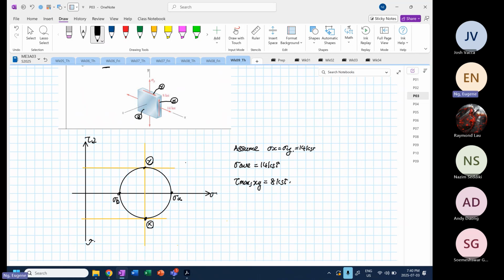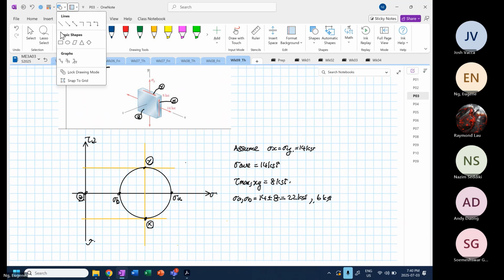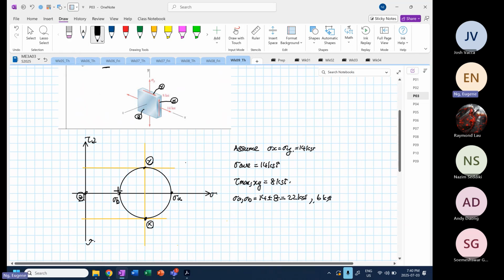Okay. And then when that's the case, we are going to have our stress A and stress B equal to 14 plus or minus 8. So 14 plus 8 is going to be 22 KSI. And the other one is 14 minus 8, which is equal to 6 KSI. And then we know that stress Z, point Z is here. And then when we draw our circle, right,